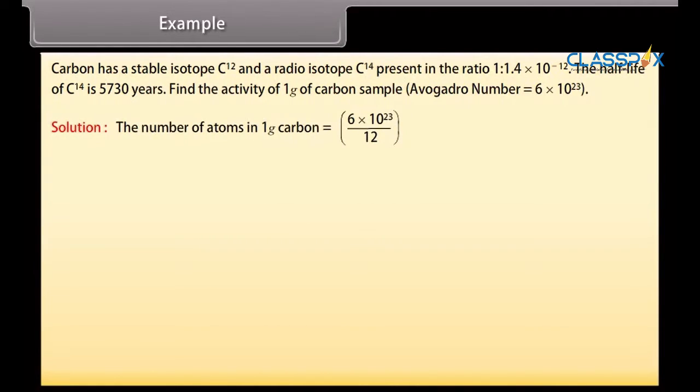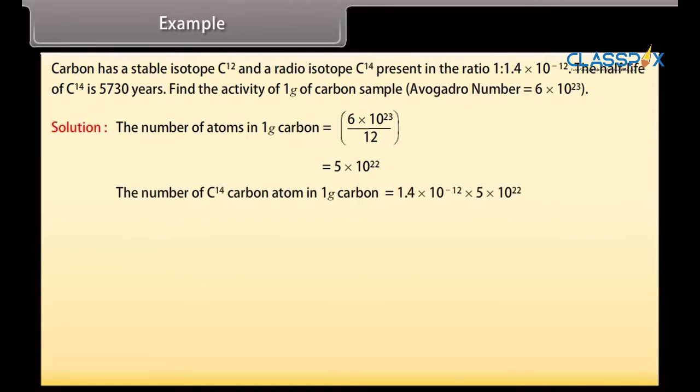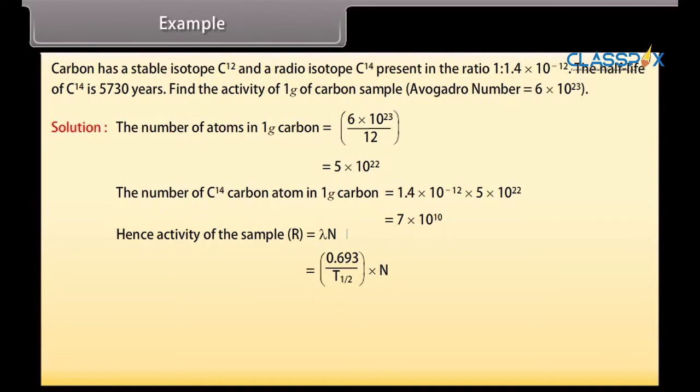Solution: the number of atoms in 1 gram carbon is equal to 6 into 10 raised to the power 23 whole by 12, which is equal to 5 into 10 raised to the power 22. The number of carbon-14 atoms in 1 gram carbon is equal to 1.4 into 10 raised to the power minus 12 into 5 into 10 raised to the power 22, which is equal to 7 into 10 raised to the power 10. Hence, activity of the sample R is equal to lambda N, which is equal to 0.693 by t½